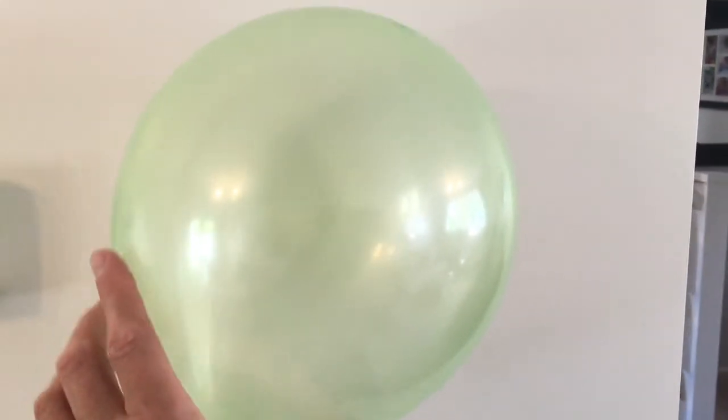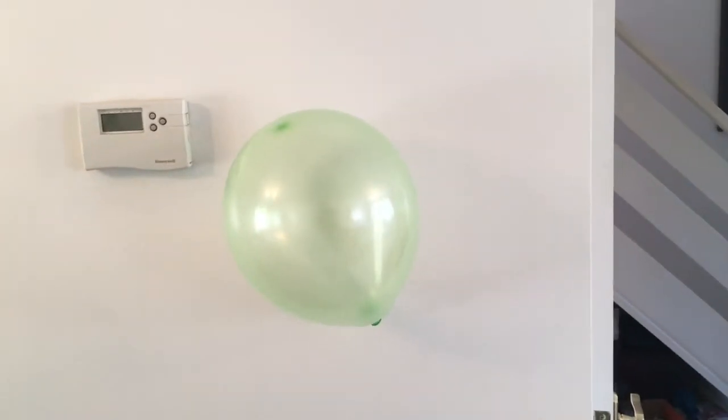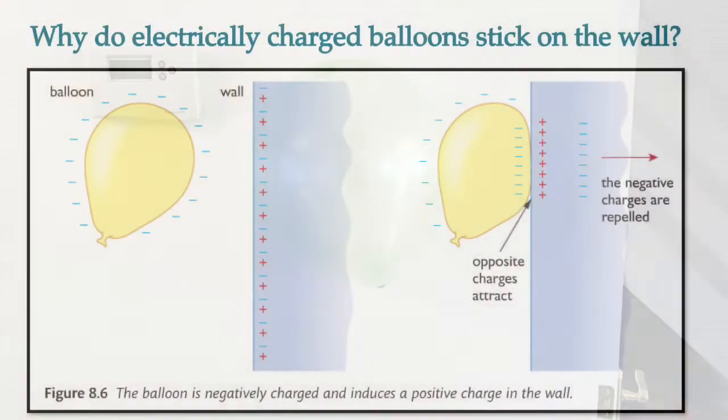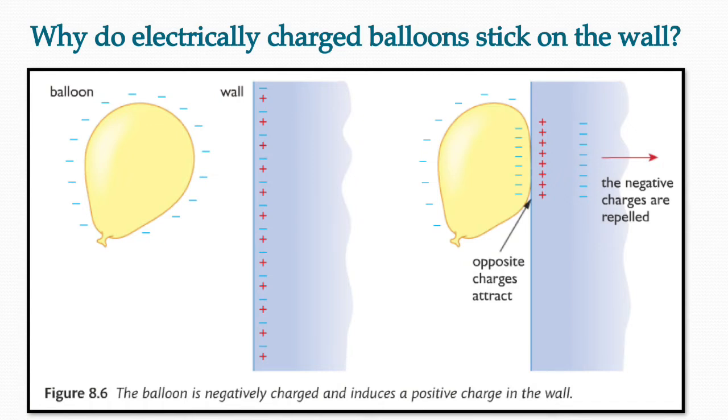I'm sure you've seen this one before. After rubbing the balloon on your hair, you can get it to stick to the wall. The reason this works is because the balloon has an overall negative charge, and as it comes close to the